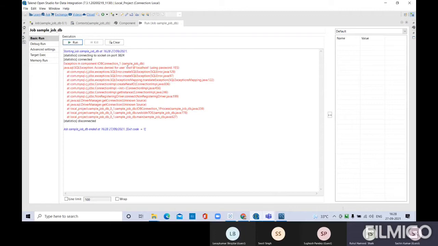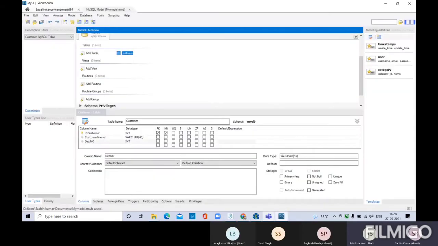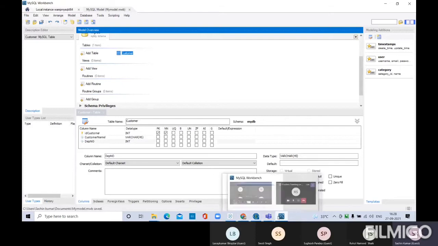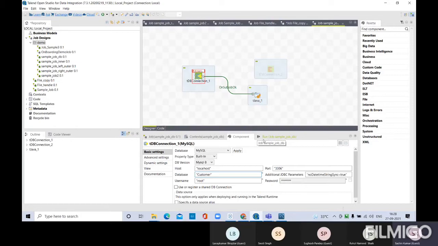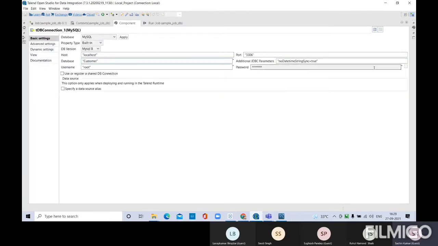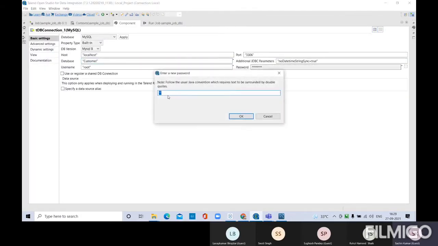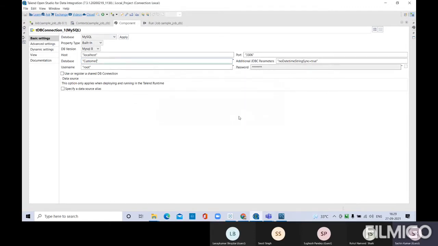Database connection has failed because it says access denied for the user root. Are the credentials correct? Please check this. You need to enter the password.